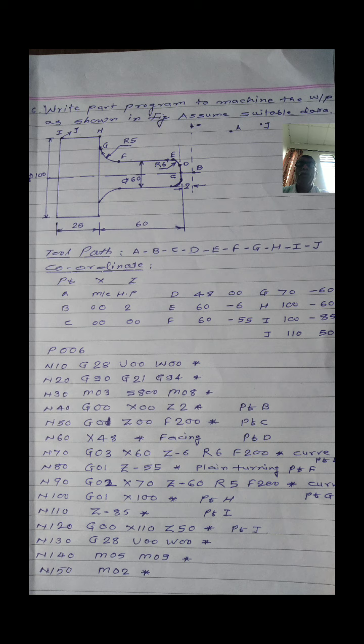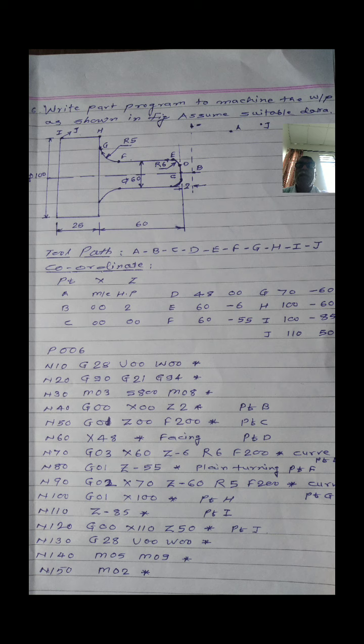Then move the tool to the point C, that is the center of the workpiece, the workpiece zero. Then move the tool up to the point D; C to D is a facing operation. Then move the tool from D to E to perform the radius turning. Is the movement of the tool clockwise or anticlockwise? It is anticlockwise, the counterclockwise direction, from point D to point E.